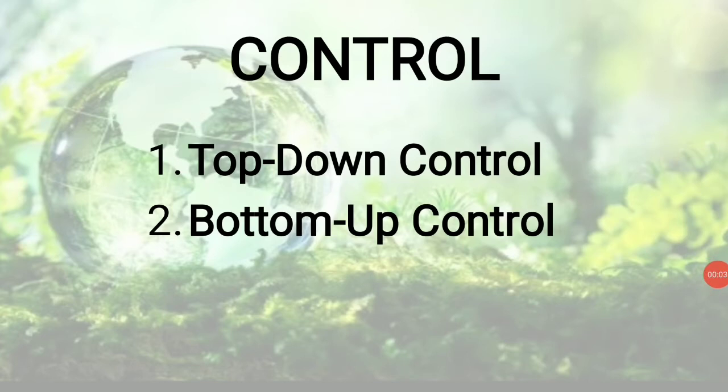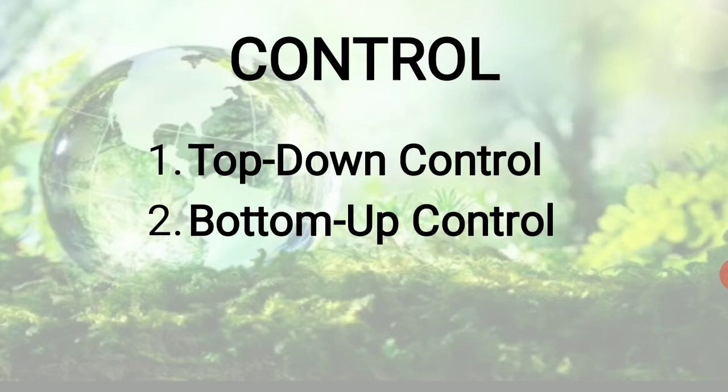Now the control. In our ecosystem, there is control over a species by some other species, and this makes everything balanced, or controlled, I can say, because some species take birth and some species die, which makes the whole balance in the ecosystem, isn't it? The death rate and the birth rate are the things which make the balance of a perfect ecosystem, right? Or you can say, just maintaining the equilibrium.